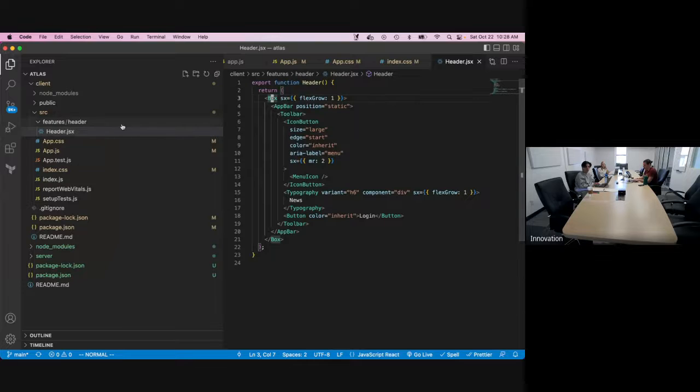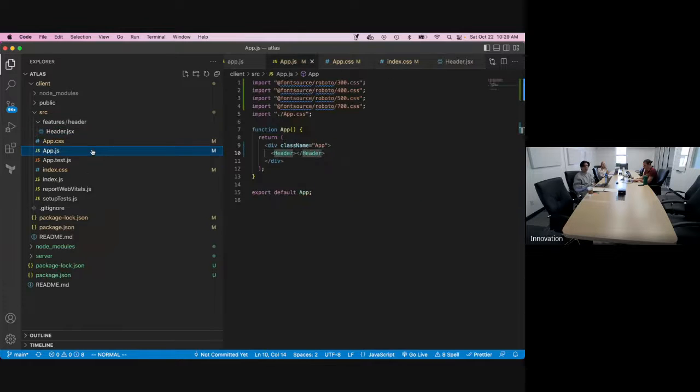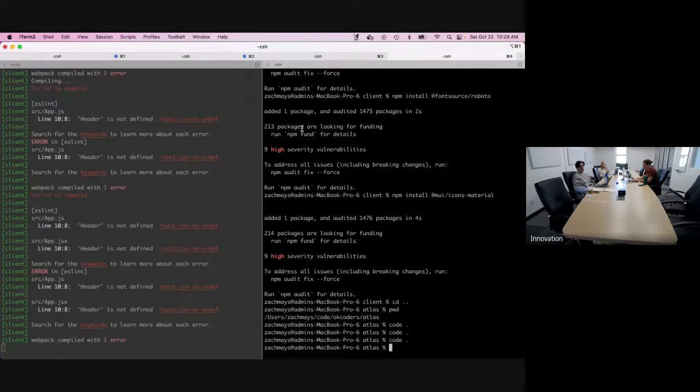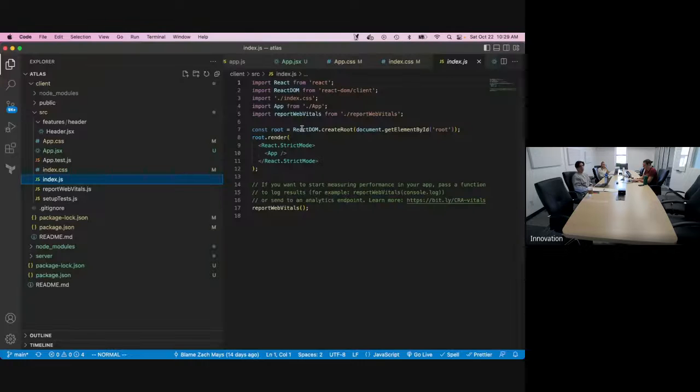I don't know why it's not telling me that there's an error. I find that really odd. We're gonna have to figure that out. What would it throw an error for? Well,